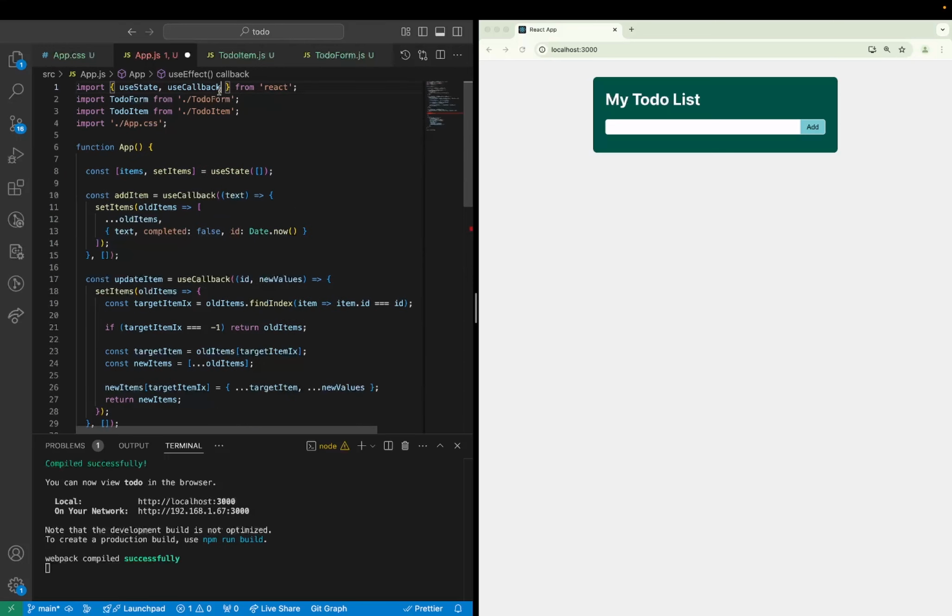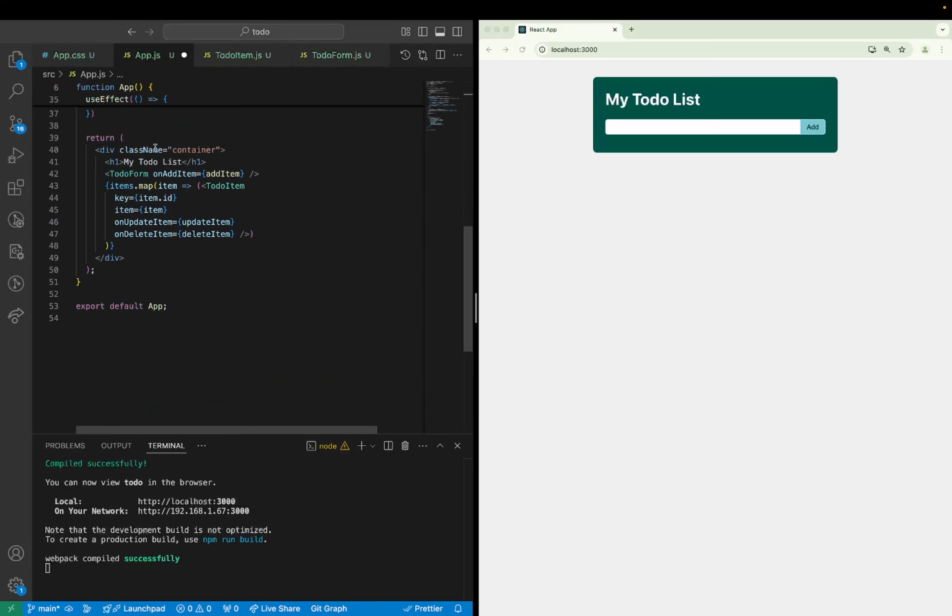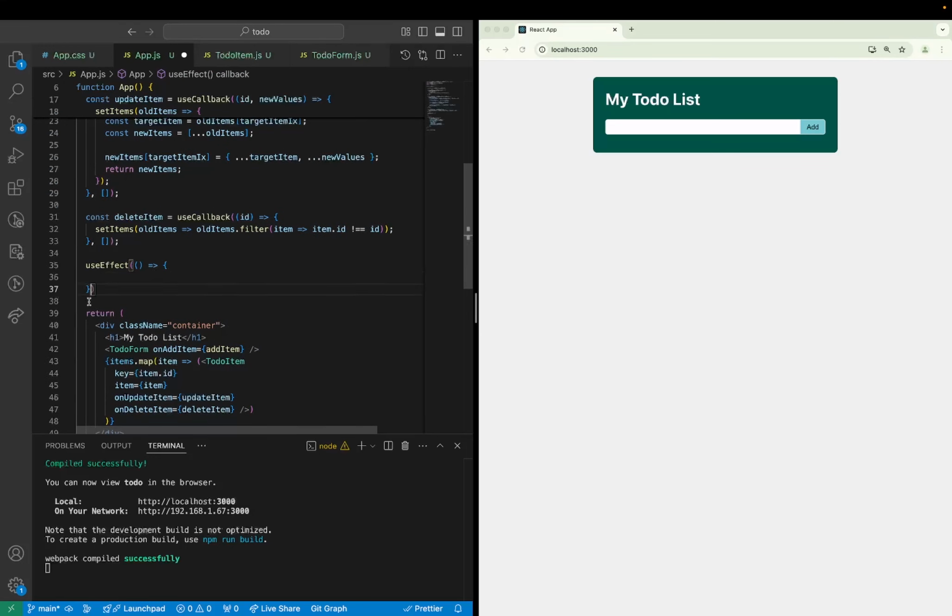But remember, we need to import useEffect. Then we pass in a dependency array with items, so that this function is called only when items is updated. When items is updated, we call localStorage.setItem. Please note this setItem function has nothing to do with the fact that we have items as a variable. It's just the function associated with local storage. We're going to give it a name of todoListItems,